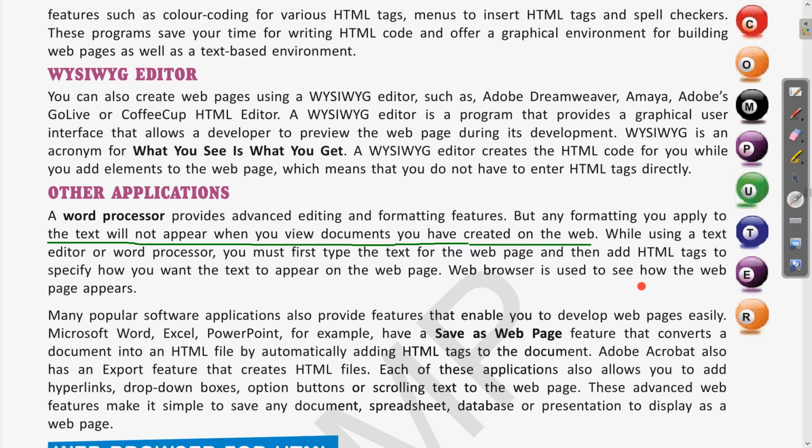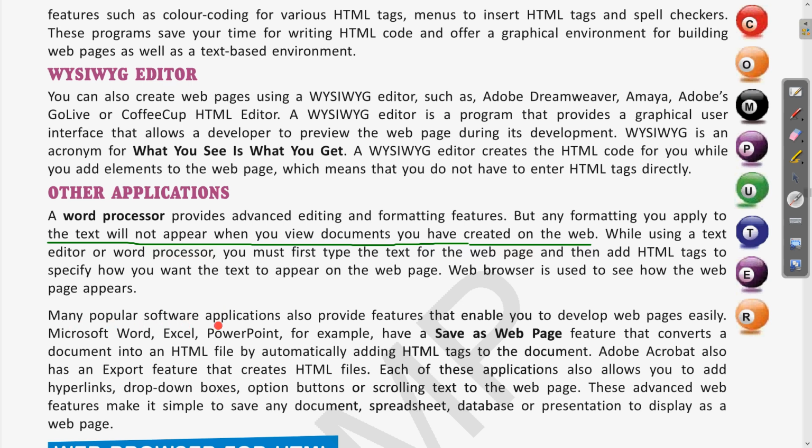Then a web browser is used to see how the web page appears. After writing the code in the word processor, when it is saved with the .html extension, we will be able to see it when we run that code in any web browser, for example Chrome, Firefox, Safari. These are the well-known web browsers. These codes will be displayed only in the browsers.